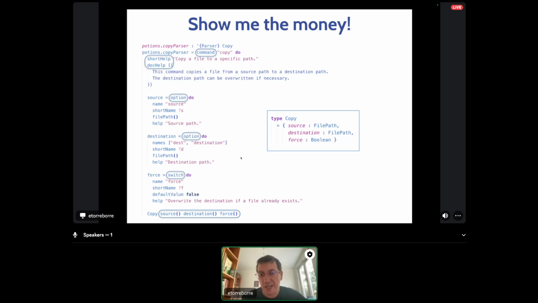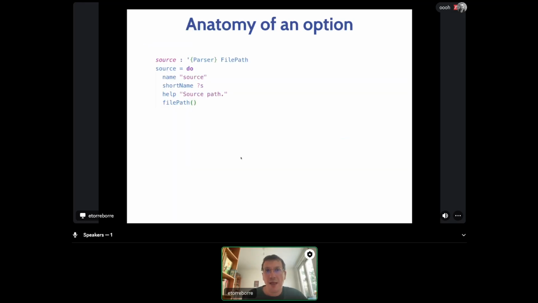So we eventually invoke them to get the actual values that we want to put in our copy data structure. And all of this returns a copy, but with a parsing effect. There's a parser effect in there. Now, if we drill down inside the definition of an option itself, so that's the source option is saying, okay,